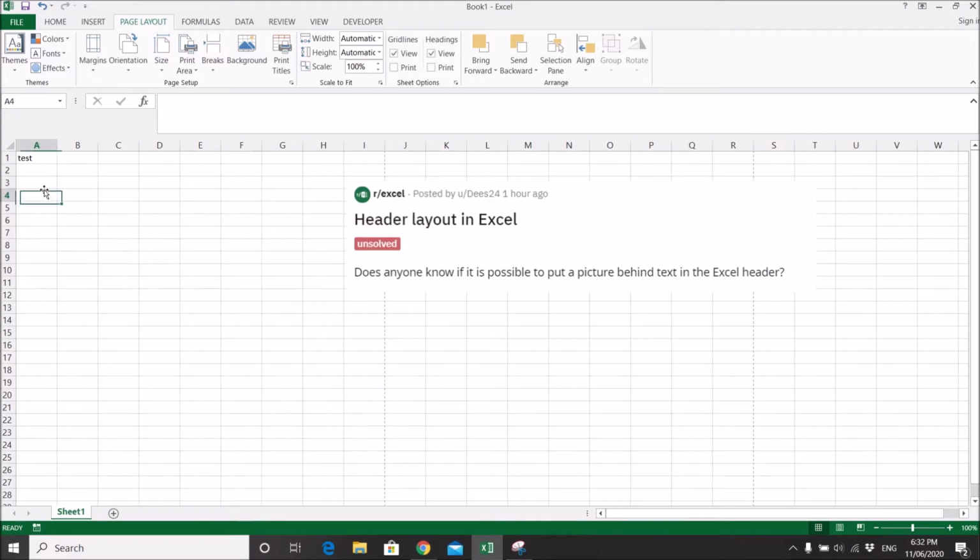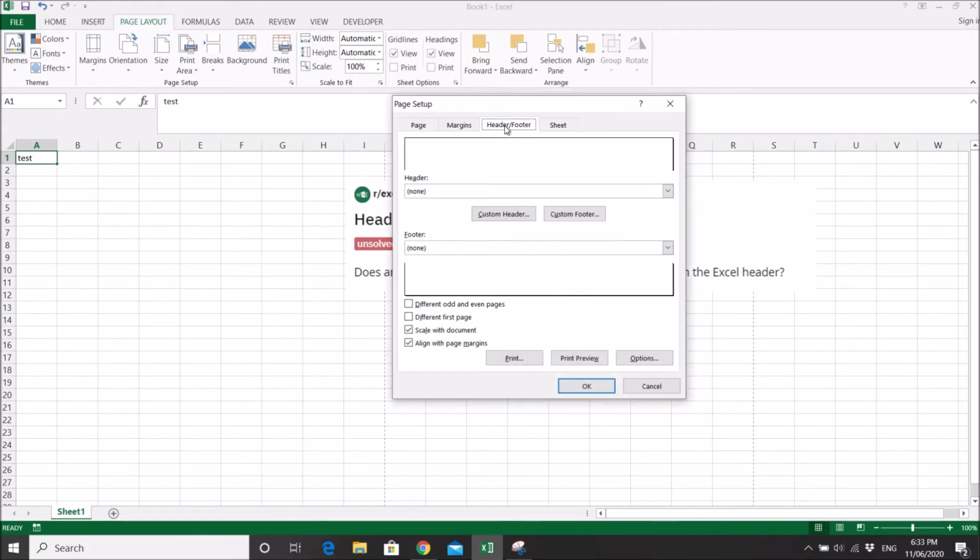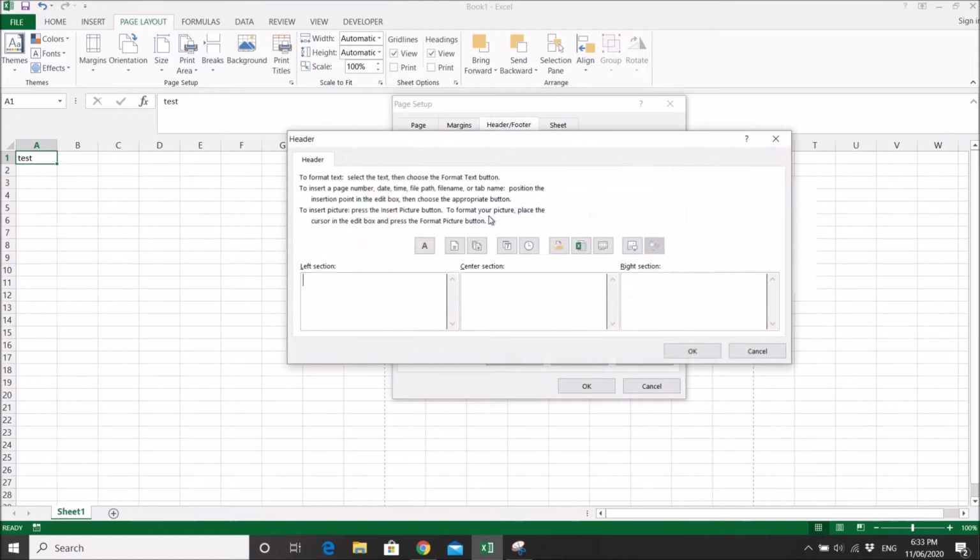So I just tested this. What we do is go to Page Layout, right? Then go to Sheet Options, right? Click on the button on the right bottom corner of Gridlines and Headings, right? Then you go to the Header/Footer tab, right? Custom Header, right? So if you want to put the picture on the left-hand side of the header, just